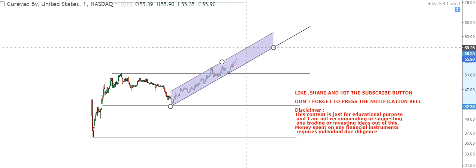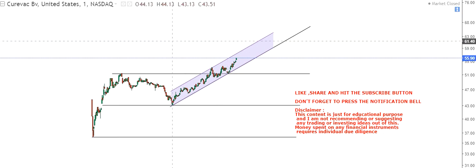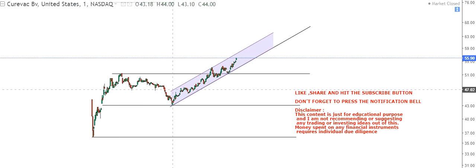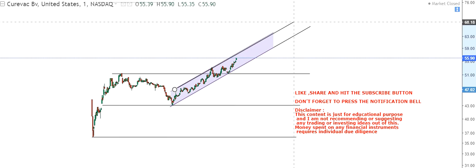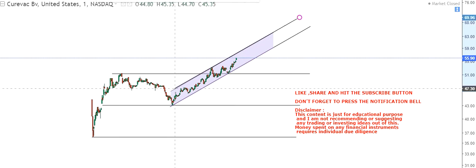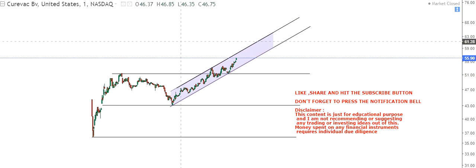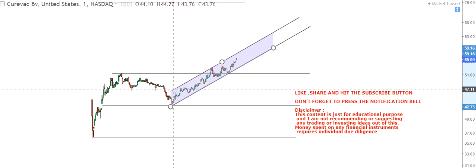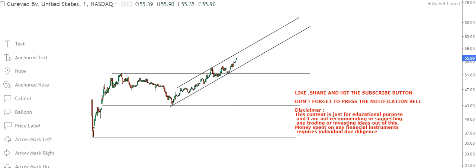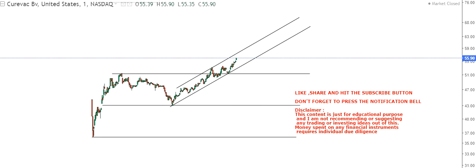The stock can move anywhere on the upper side of the range, but what you could probably do here is stay disciplined for the short term, because for a shorter amount of time you are not doing any sort of investing or analyzing the business. You are just riding the momentum. This is the chart pattern which you have for CureVac. So for CureVac, let's understand the important support and resistance.